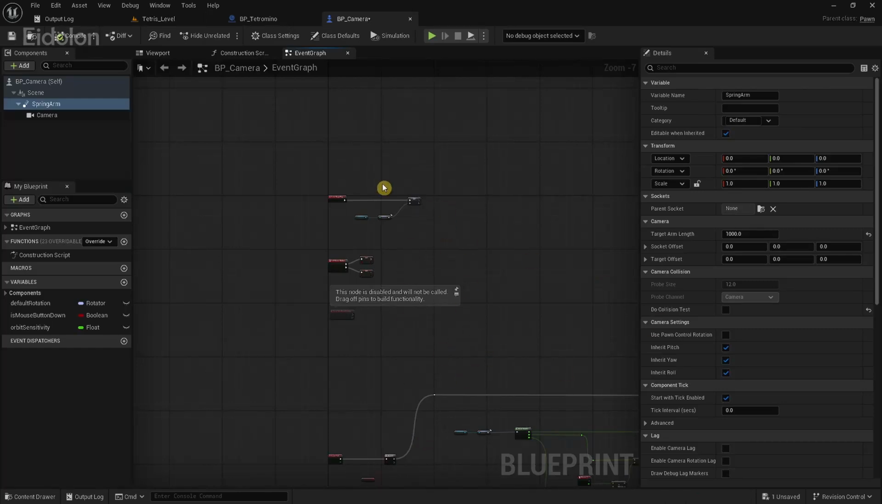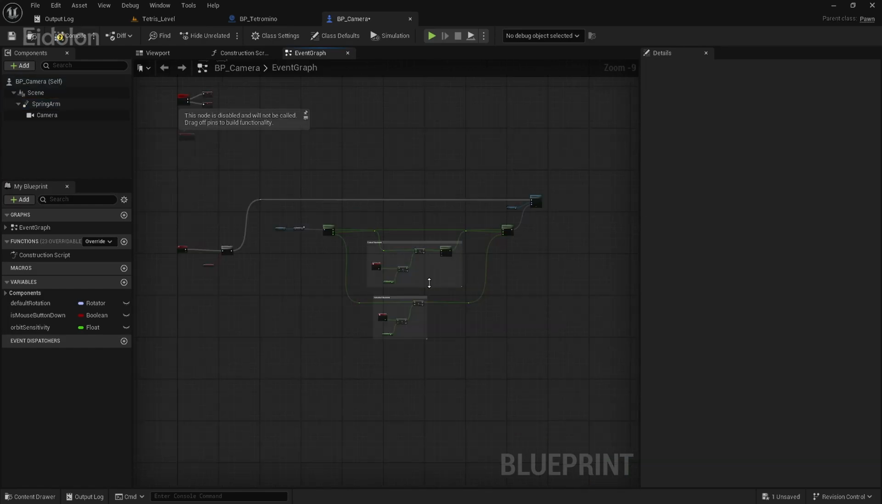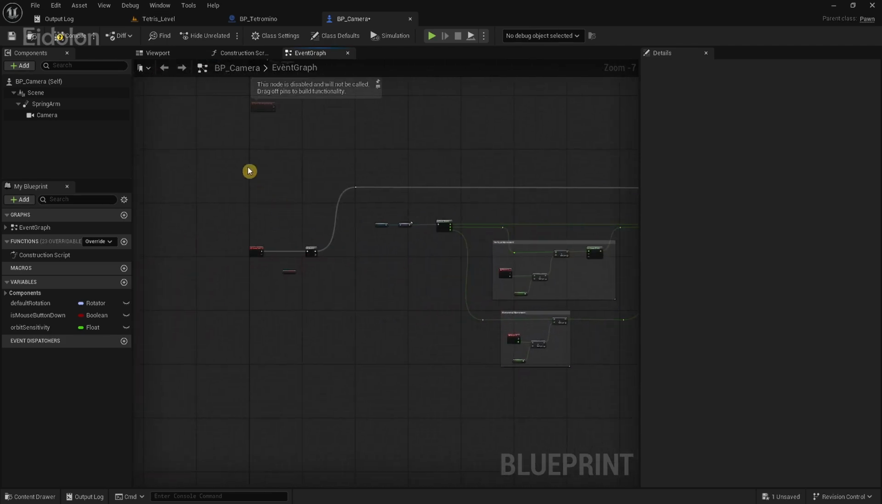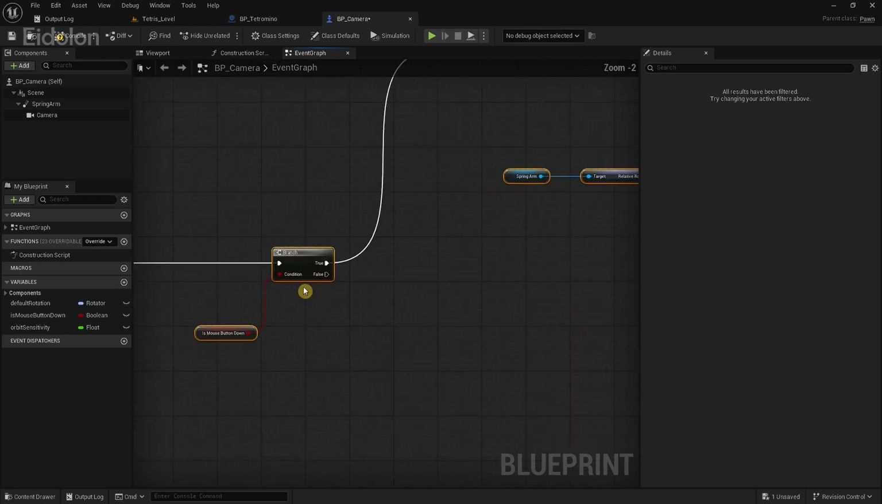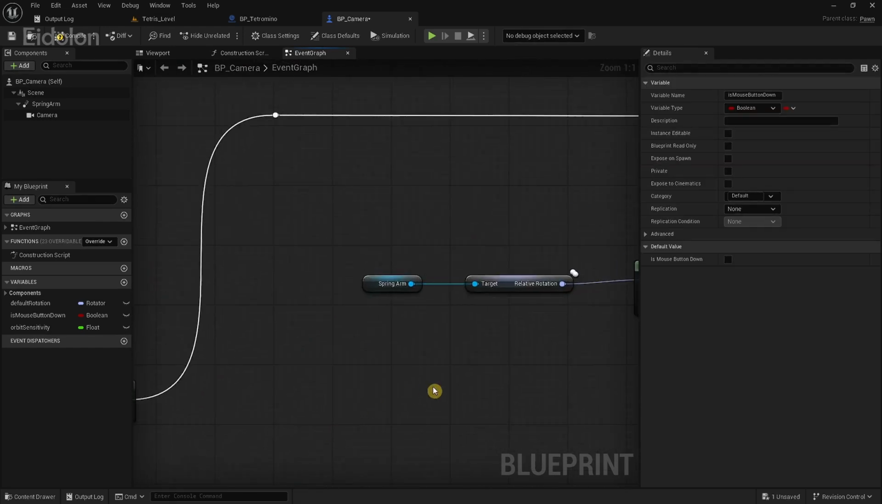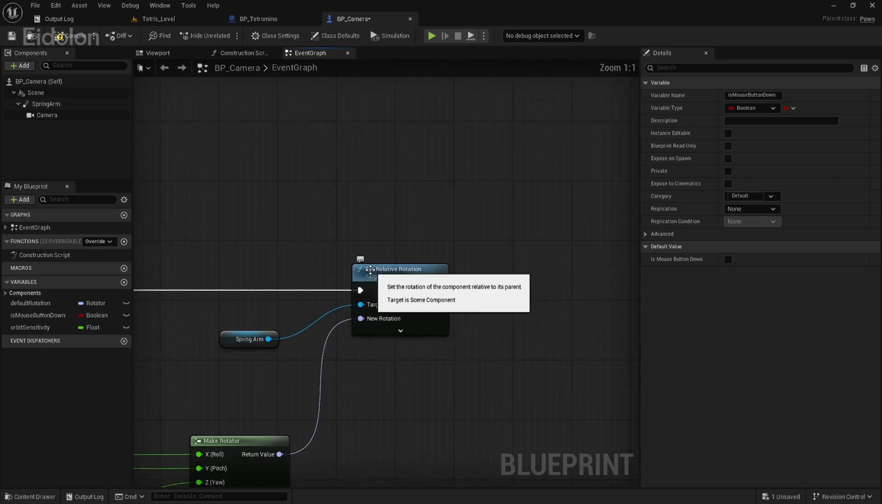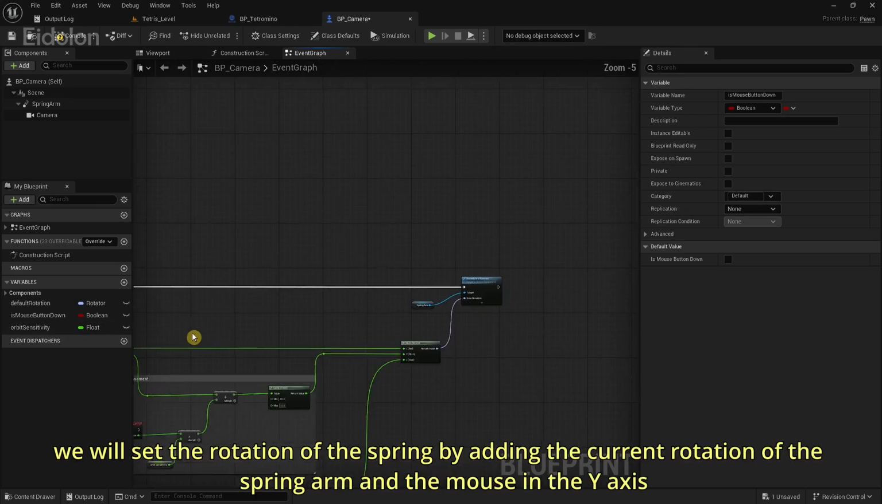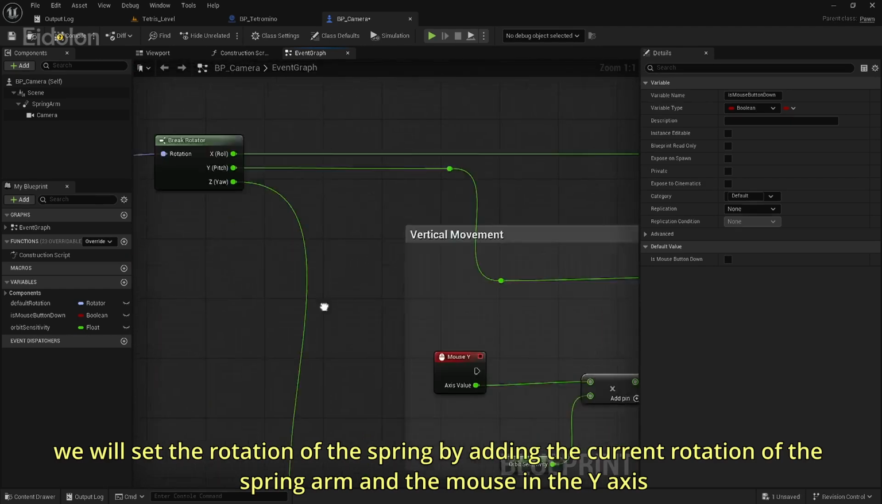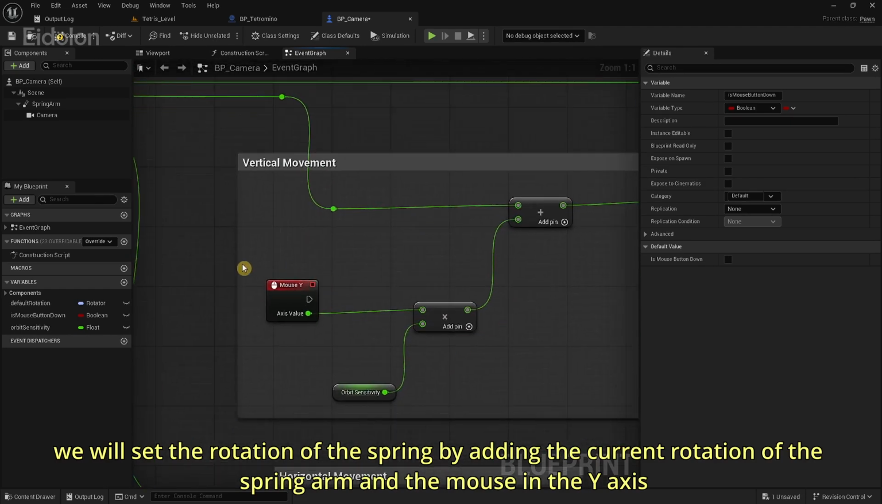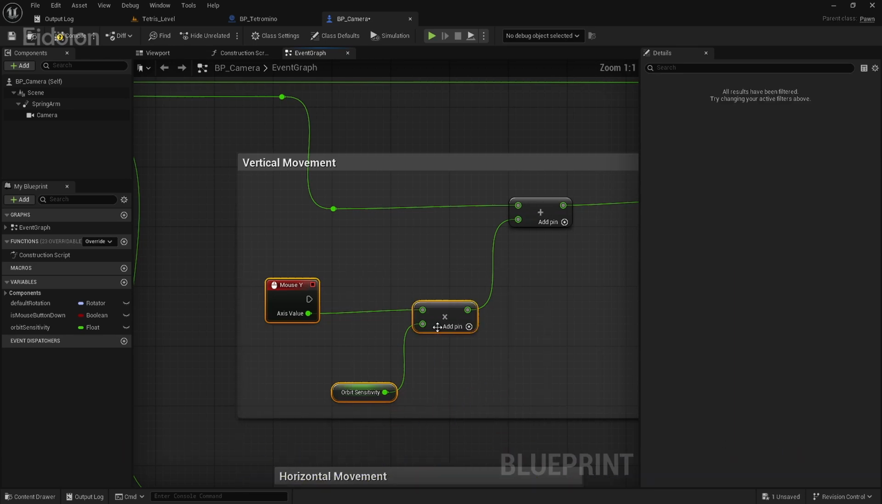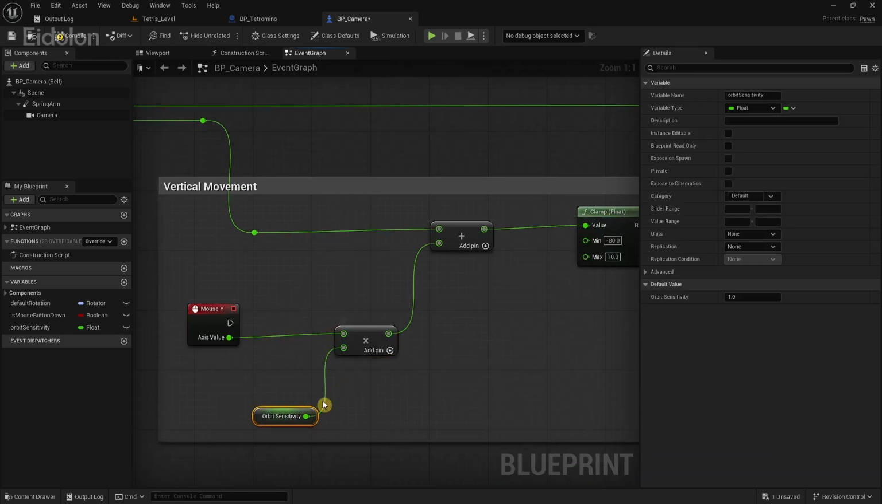But right now I want to implement the zoom in and out feature of our camera. So before I create the zoom function, I want to quickly explain how this group of nodes work over here. Basically, if we press the mouse button, we will set the rotation of our spring arm by adding the current rotation of our spring arm with the current mouse location, specifically in the y-axis, and multiplying that with the orbit sensitivity. So using this variable, we can actually increase the speed at which we get to rotate our camera